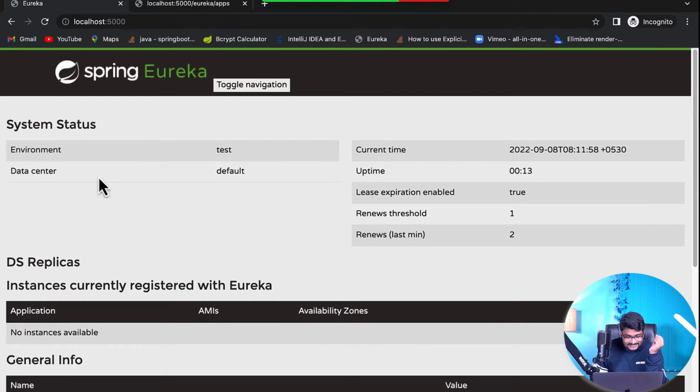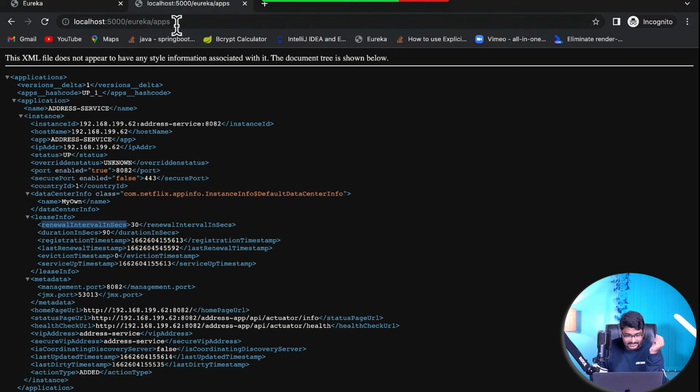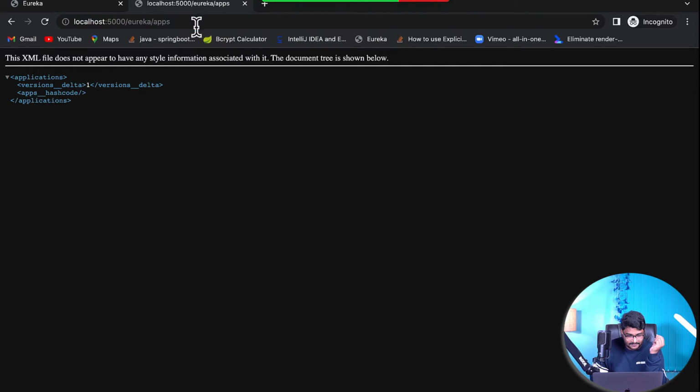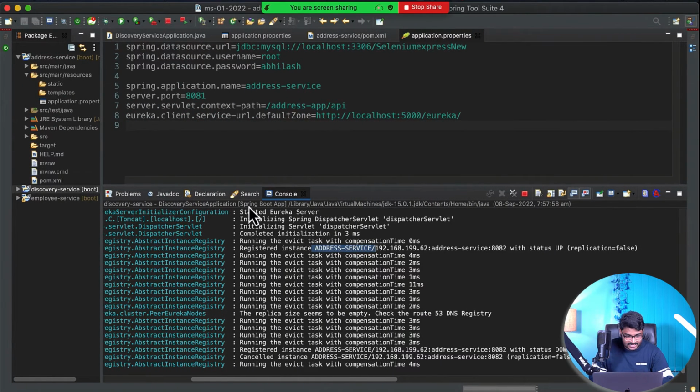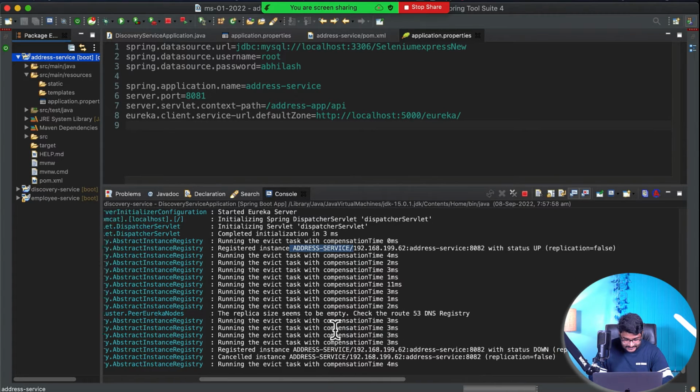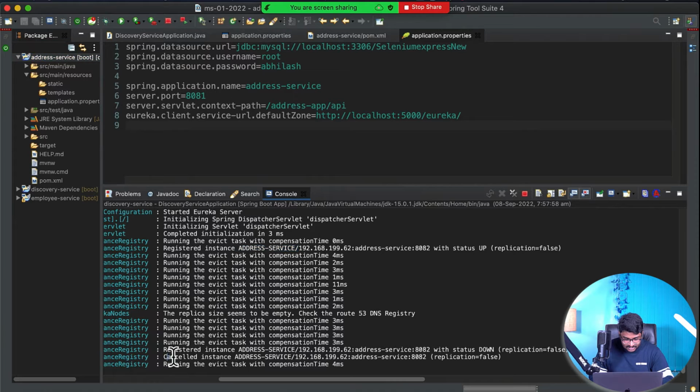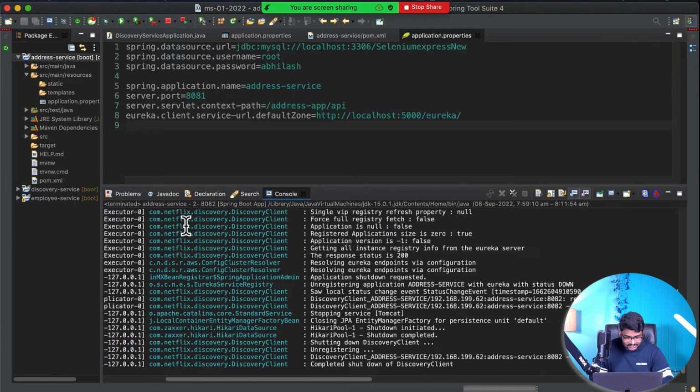But this is not the registry. This is the registry, /eureka/apps. Do enter. Now you can see that the app has gone from here. All right. So now inside the registry, we do not have the data. We do not have the registry information. And you can see one more thing. When we shut down the address service, if you go to the discovery service log, you'll see that cancelled instance. And again, you can see whenever the address service shut down, this is my address service,